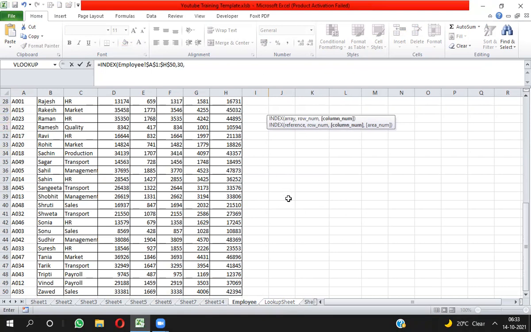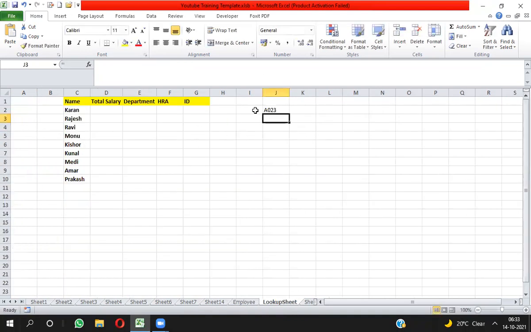And I want to pick Raman's employee ID. Raman's employee ID is available in column A, which means the first column, so you need to write 1 here. Bracket close. Now you will get Raman's employee ID, which is A023.